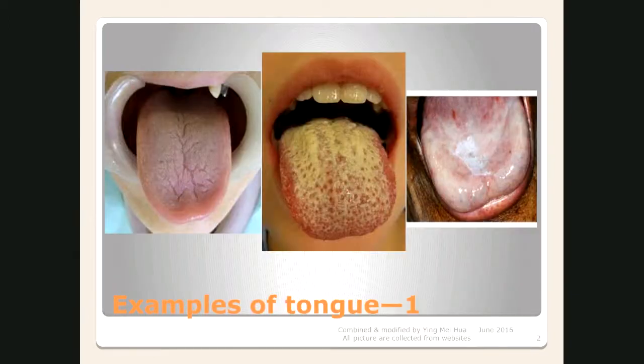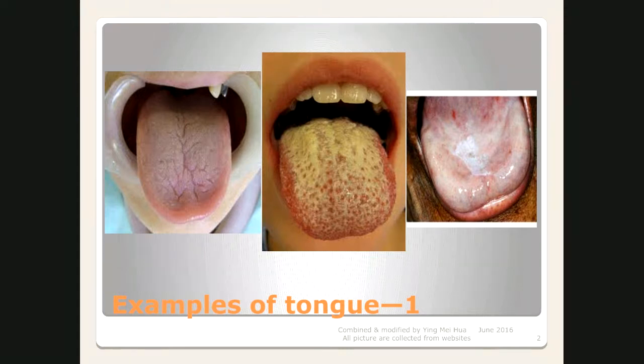The first slide. All right, it's a discussion time. You can have your say. Which one reminds you of a possible link to Wenbing and why? Number two, okay. How are we going to interpret the second tongue? So what does that tell you? Heat, damp heat, wonderful. They have both heat and damp, so we call it damp heat. For this kind of tongue, we call it damp heat.